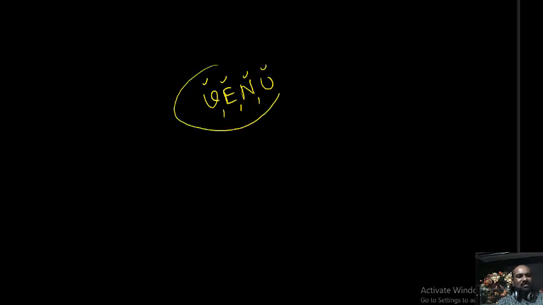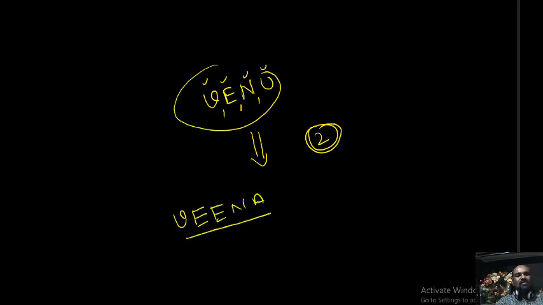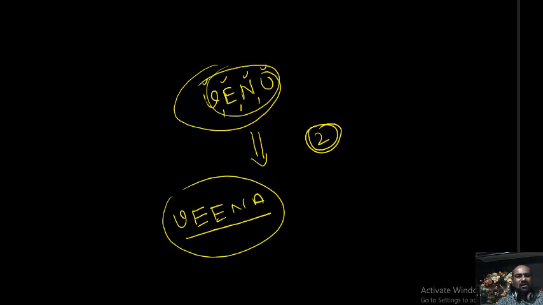That is case 1. Now I am going to explain case 2. In case 2, some things are alike. For example, the letters V, E, E, N, A are given, the word VEENA. So we want the number of permutations, the number of 5 letter words that can be obtained from the letters of the word VEENA. So this is a different situation. All objects are different here, but here some are alike. But how to find the number of permutations? That is our today's concept.